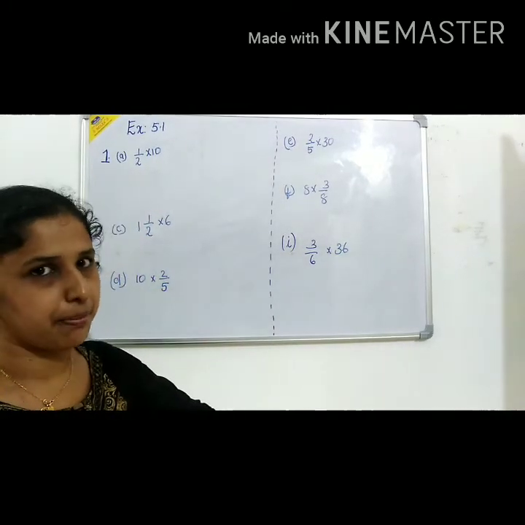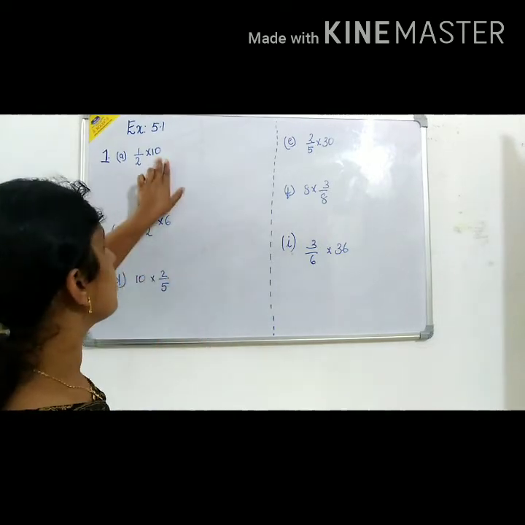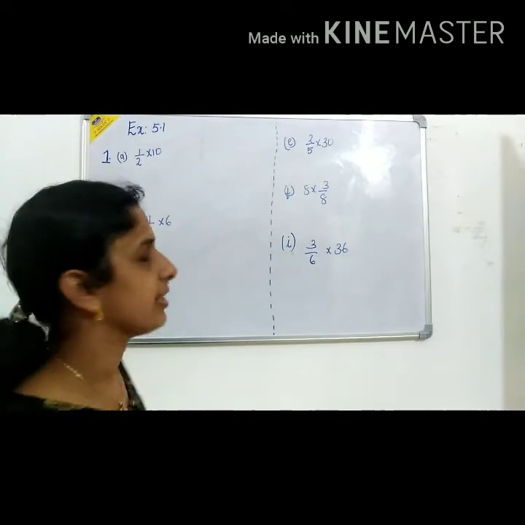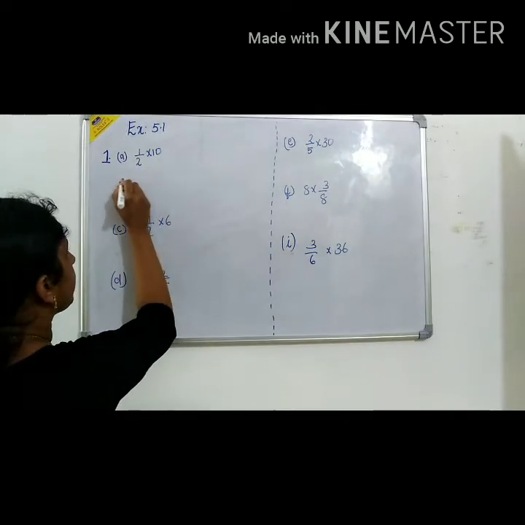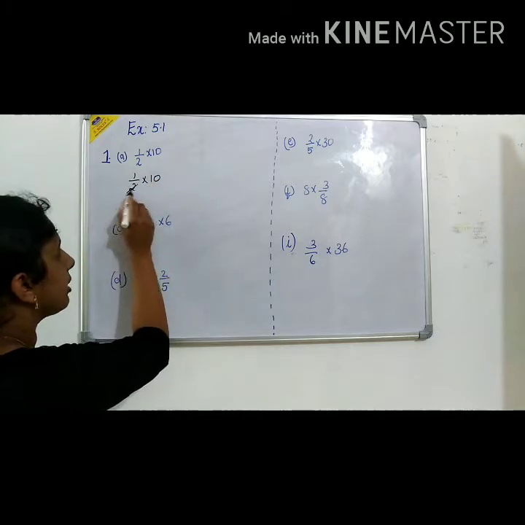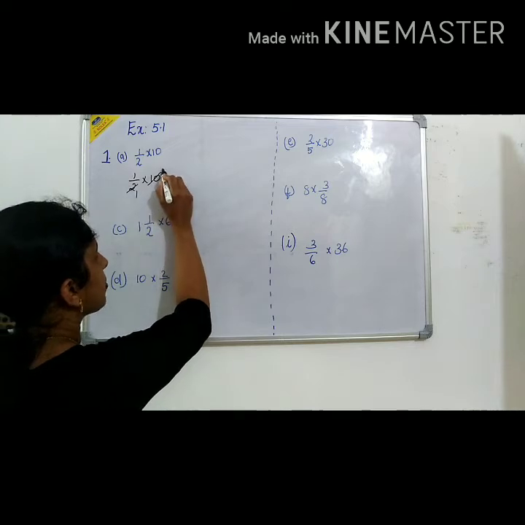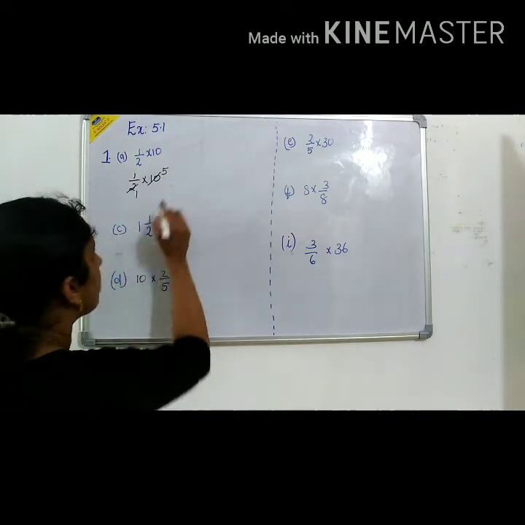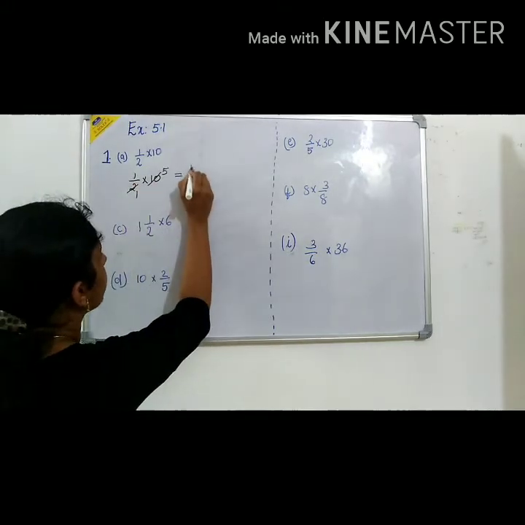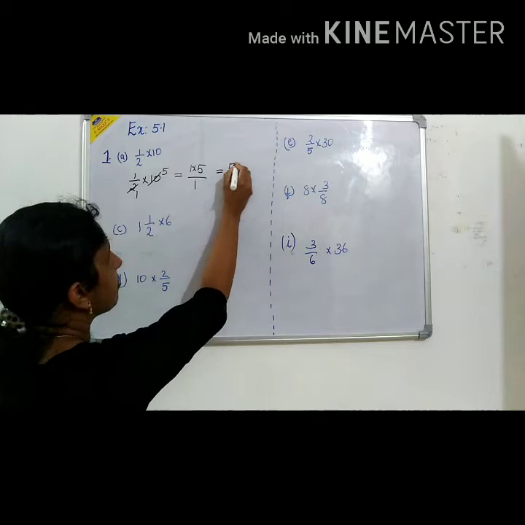We have to multiply. Here, before doing the multiplication, you can see that this 10 and 2 have a common factor 2. That we can cancel. That is 2 divided by 2. Here 1 by 2 into 10 is the question. 2 divided by 2 itself, so the answer will become 1. 10 divided by 2, so the answer is 5. That's equal to, now you multiply the numerator, 1 into 5. Here it is 1. So the answer is 5.